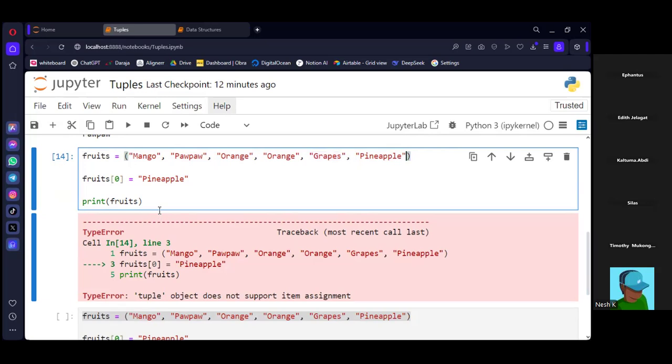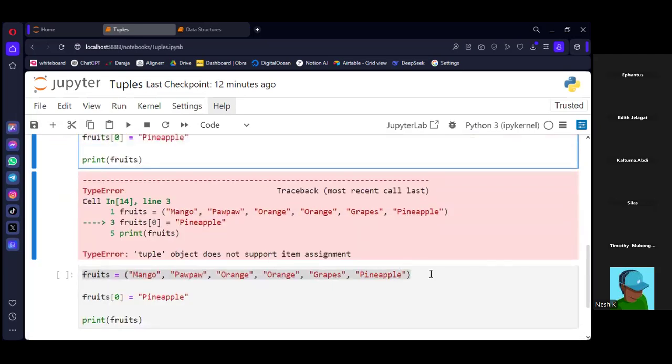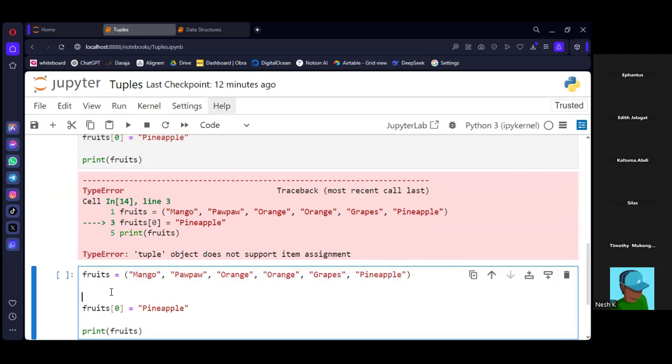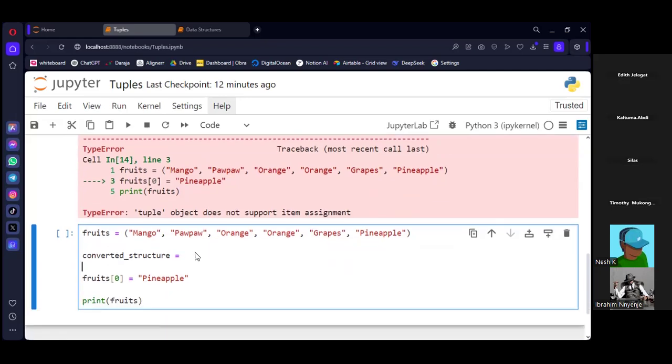So in this case, you could use type conversion, such that we can say, for example, converted, or something like that. Remember, variable names should be descriptive. This is just for a demo, but for you, make sure you use a variable name that matches what you're trying to do.